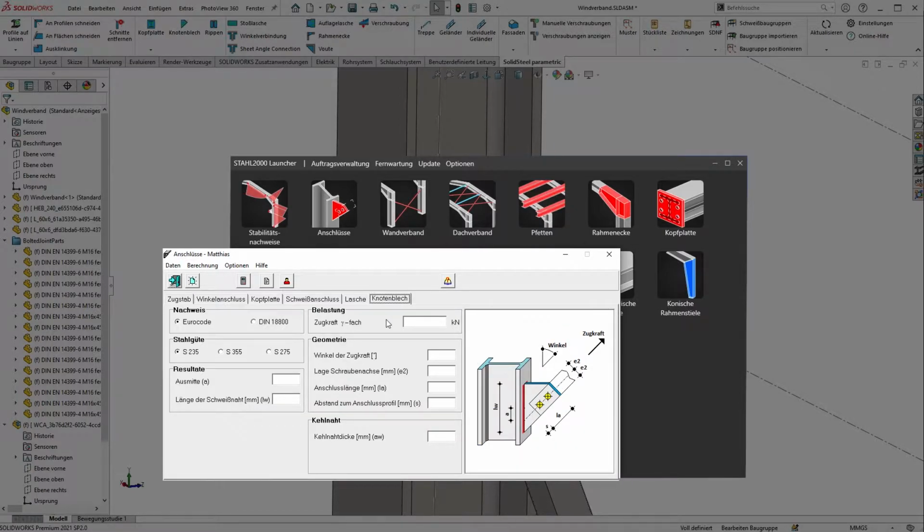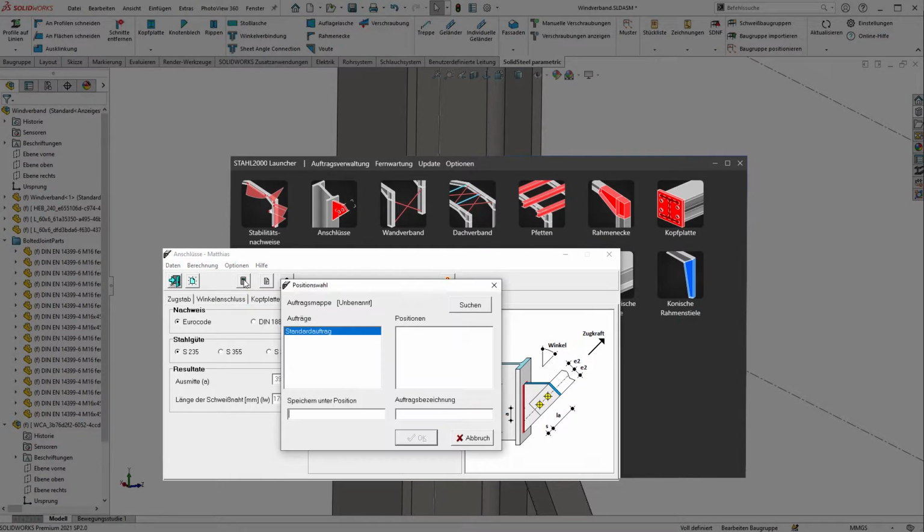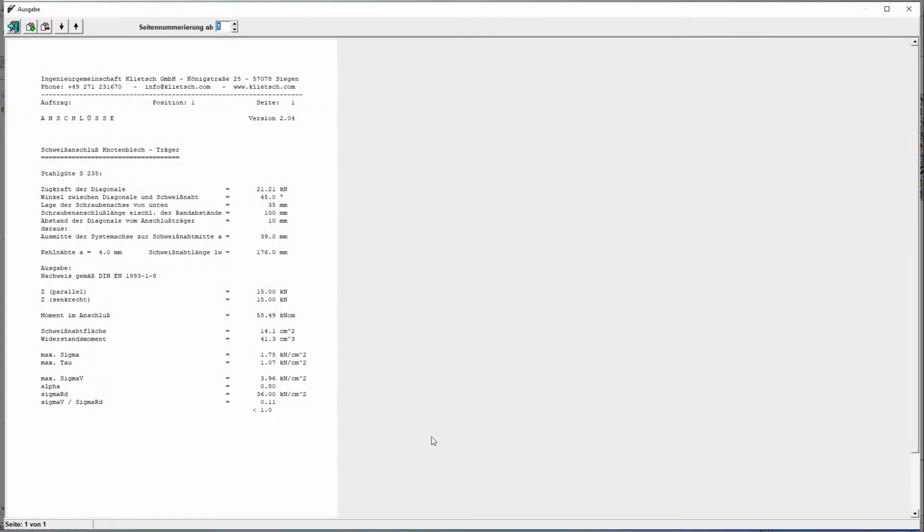As the first value, we enter the tensile force we just calculated, including the safety factor. This was the first value on the PDF's second page and was 21.21 kN. Further details are then the angles of the tensile force, details of the holes, how much clearance we want to allow, and of course the length and thickness of the welds. We get the results immediately after clicking on the calculator and assigning an item number.